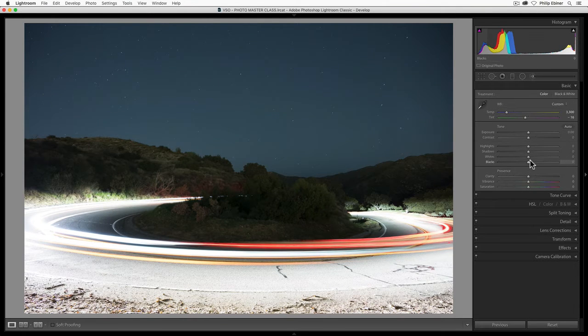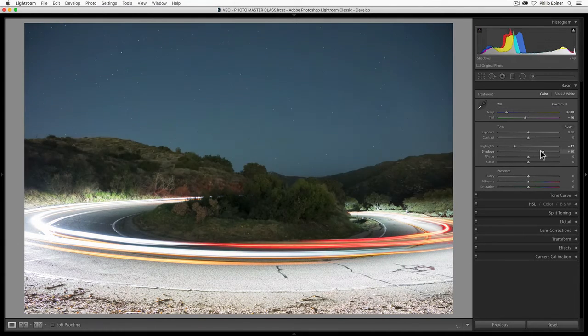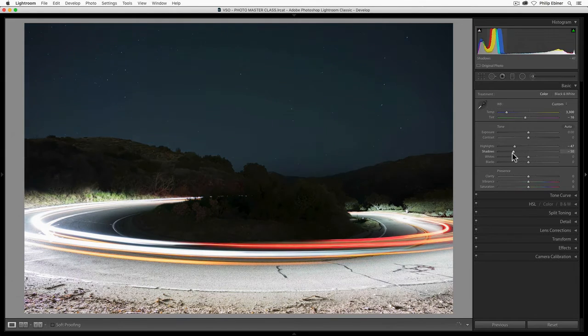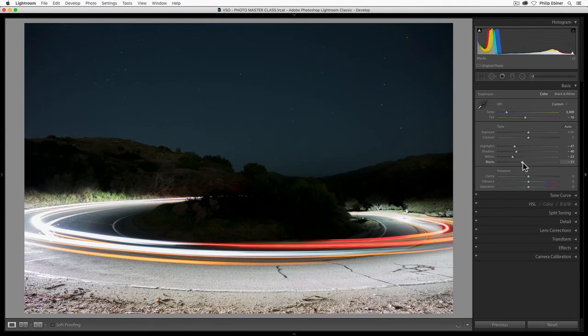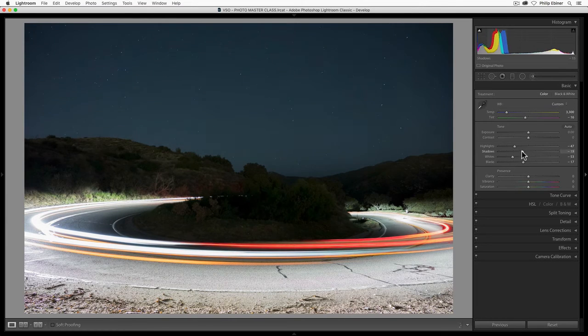And with this image, what would we actually want to do? Well, I think basically what we did. We want to bring down the highlights so we get more of that information down under the street. I don't necessarily need to bring up the shadows. I might actually bring down the shadows a little bit, make the sky a little bit more punchy. The blacks I might bring down a little bit as well. The whites I might bring down a little bit as well. So I'm actually bringing everything down quite a bit. When I do that, maybe I'll bring up the shadows just a little bit. So that's looking like a better exposure for the style I'm going for with this photo.